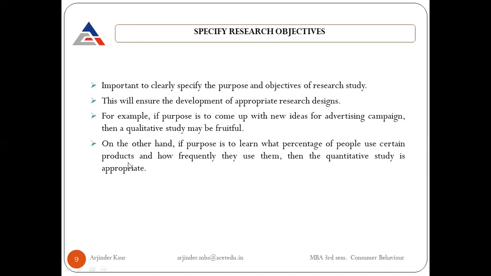Okay, now it must be clear to you that here we are talking about numbers. What percentage of people use a certain product? That means the number of users who use a particular product. So this is something in numbers. That's why this is called quantitative data. Similarly, next is the frequency of use by them. Again, this is something that will be in numerical type. So here we need the quantitative data.